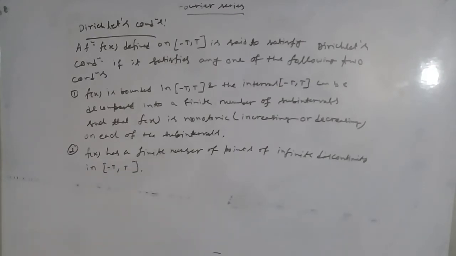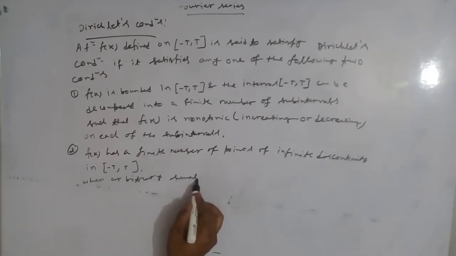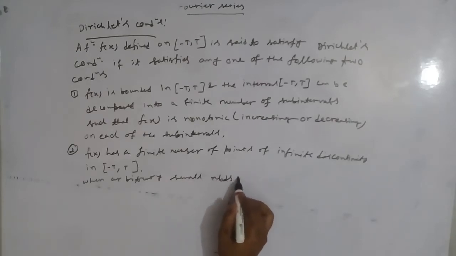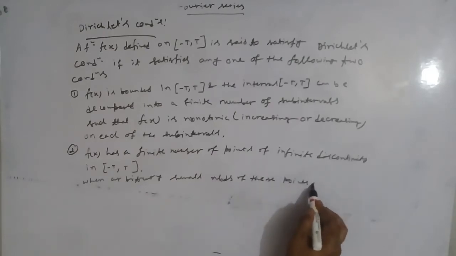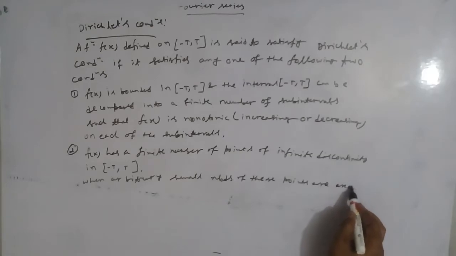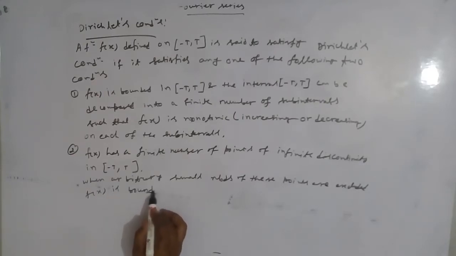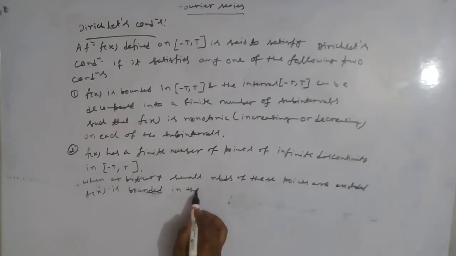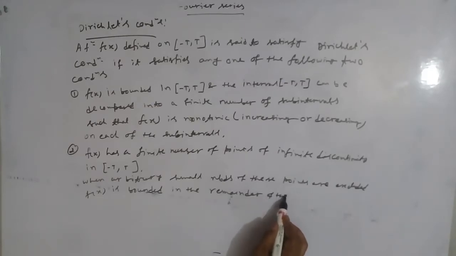So when arbitrary small neighborhoods of these points are excluded, f of x is bounded in the remainder of the intervals,